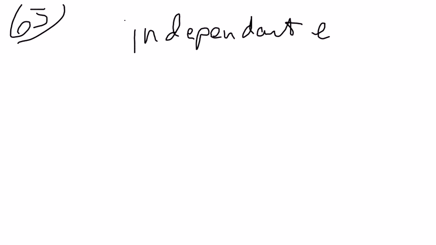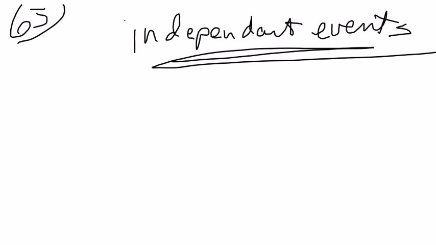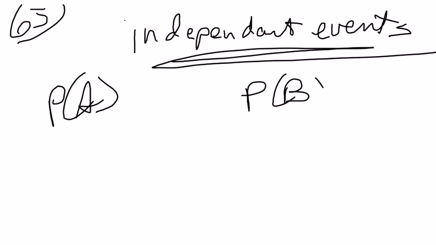Okay, number 65 is a pretty tough problem to wrap your head around. We talked about independent events today, and that's what this problem starts out with. Remember, independent means the outcome of the first has no effect on the outcome of the second. The example in the book, and the one I used in class, is if the probability of A is rolling a 6 and the probability of B is rolling a